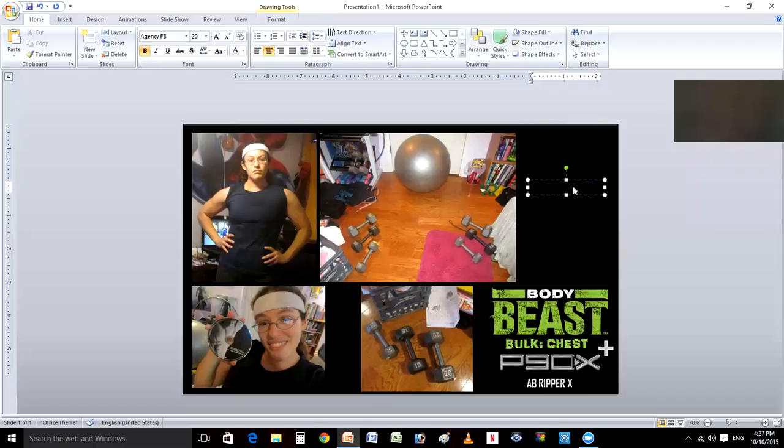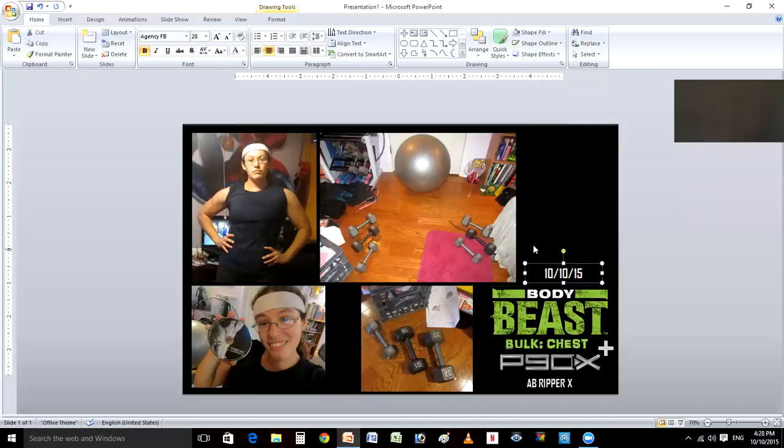I didn't choose silver. And I messed up. October 10th, 2015. Oh, even bold, it looks kind of teeny. I'll just do that. Actually,